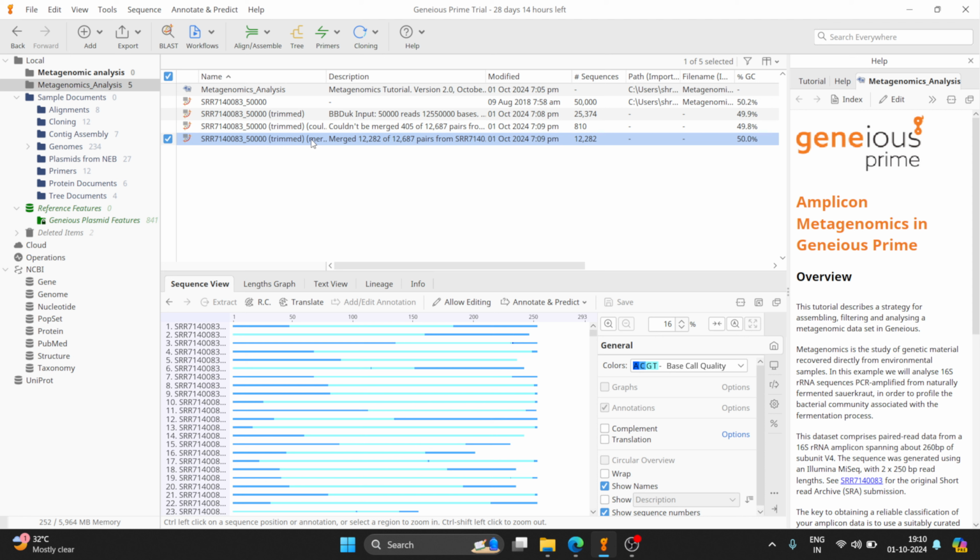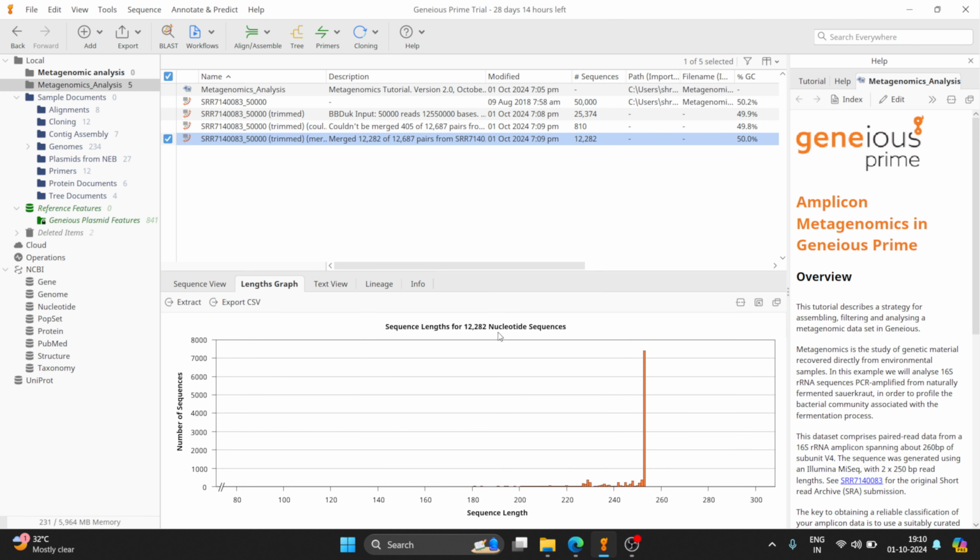So click on this file and then go to the length graph. So this one, length graph. And you can see that after merging a few sequences are either much shorter or larger than the expected product size of around 250 base pairs. The longer sequences may either be contamination or irregularly merged sequences. So we will remove this. And we also want to remove the very short sequences as they do not contain enough sequence to be correctly classified. To extract the reads, we want to click the extract button, this one,